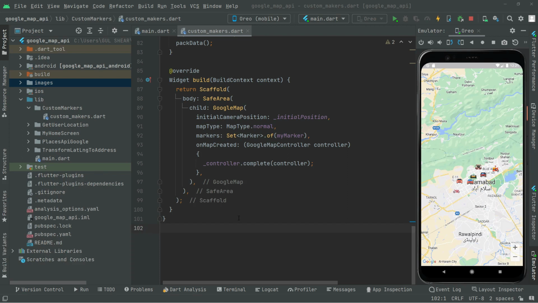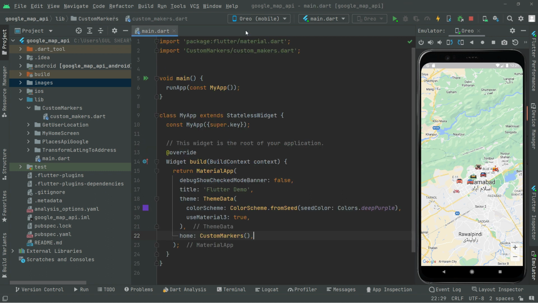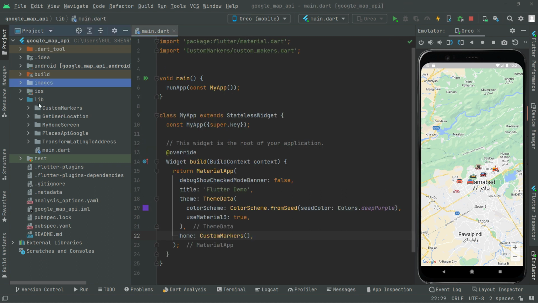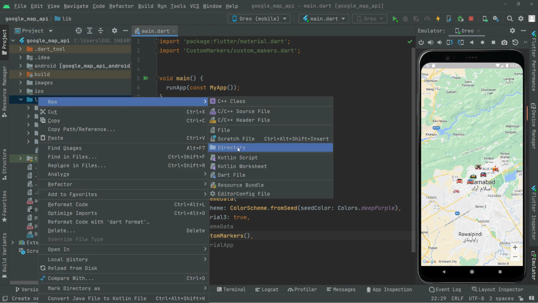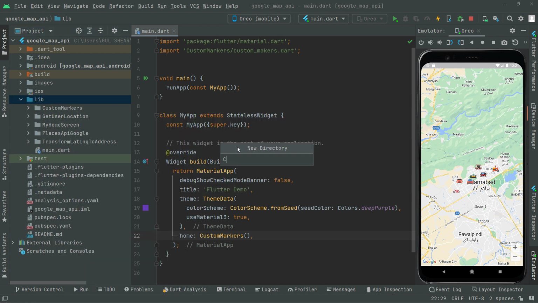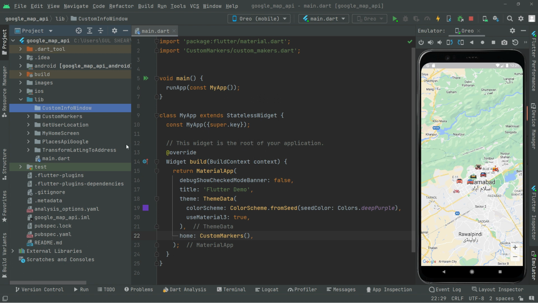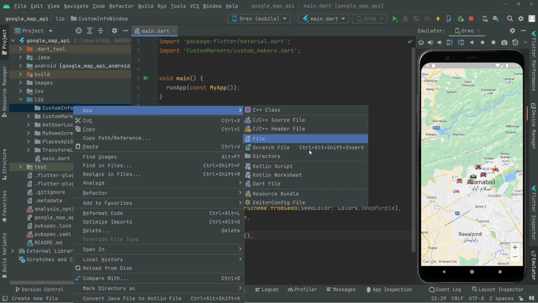Welcome back. So now in this video we will be working right on the custom info window. We will create that. First of all, close the dart file from here and go towards the lib, create a new directory by the name custom info window, and in here we will create a new dart file,